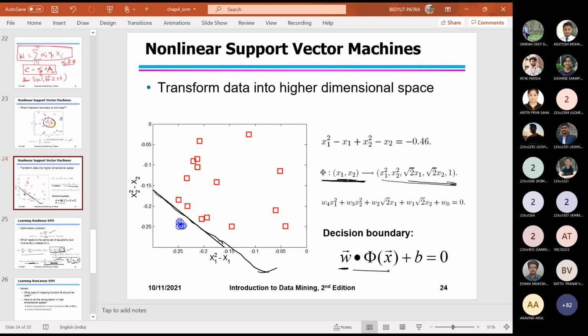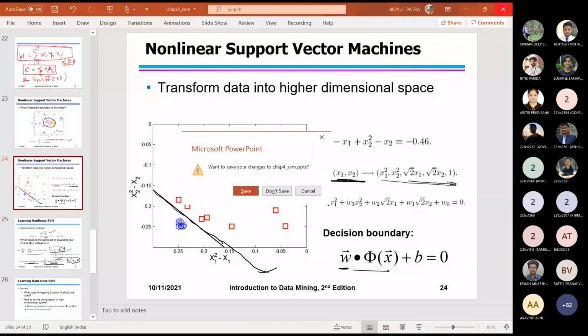Okay then, I stop it here. There is something also along with this condition, but I am skipping one page. If you are very much interested, you can go through the book. The data mining book by Bipin Kumar is sufficient for support vector machine. So with that, I stop today's class.